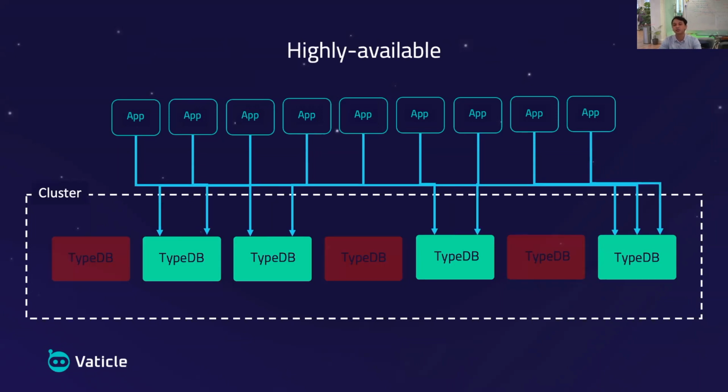In addition to being scalable, TypeDB Cluster is also highly available. What that means is that should some of the instances go down, it is possible for the cluster to still be fully functional. And this allows you to minimize downtime, because not only does it make you tolerant to server crashes or network outages, you're also able to maintain the system in a continuous way. Think upgrading the operating system. Think increasing the disk size.